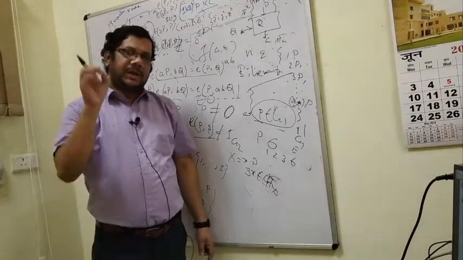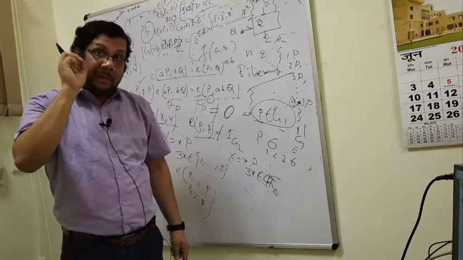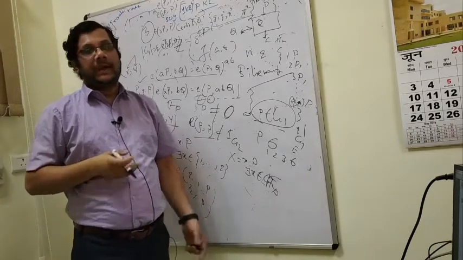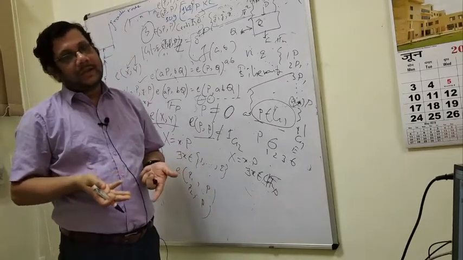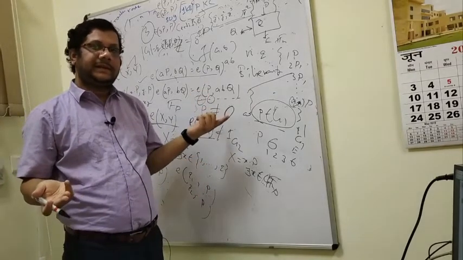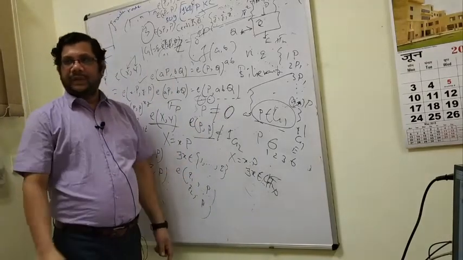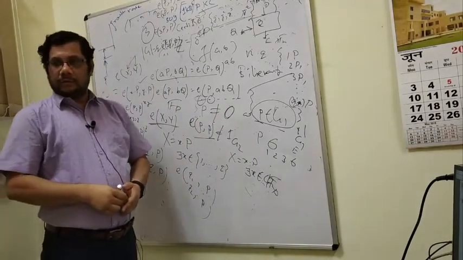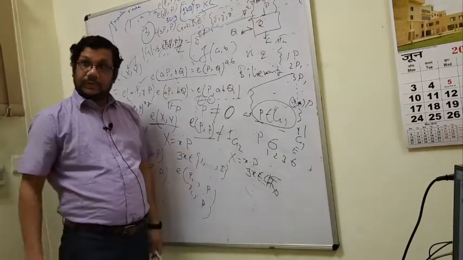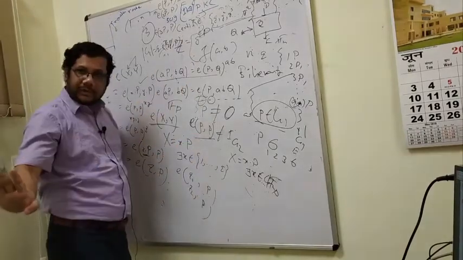Why? Because according to the definition of a group, the minimum element of the group is the identity element. So the identity has to be there, and if any other element comes along, then the count is already 2. So how can another element remain? So the identity itself can generate only itself, like in a multiplicative group, 1 into 1 is 1, 1 into 1 into 1 is 1, 1, 1, 1, 1. So it is saying, but we do not require this situation.